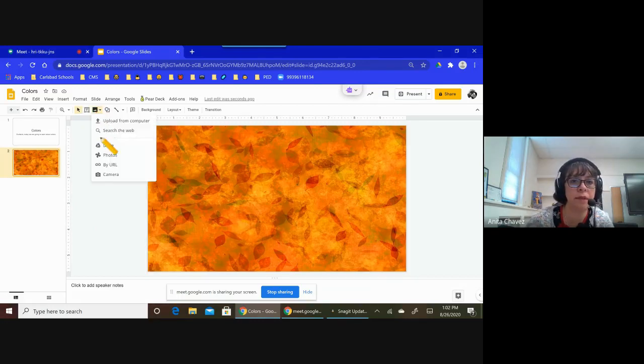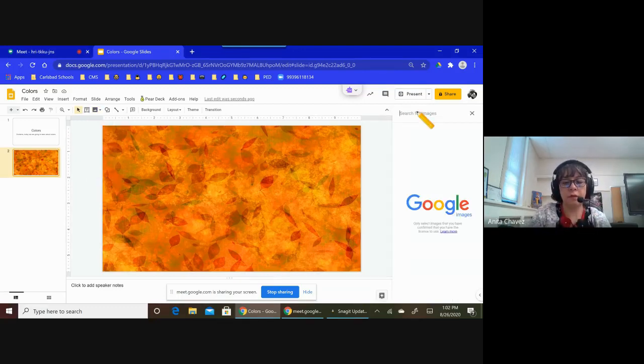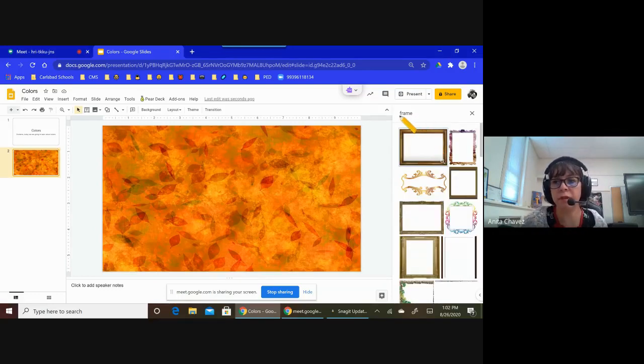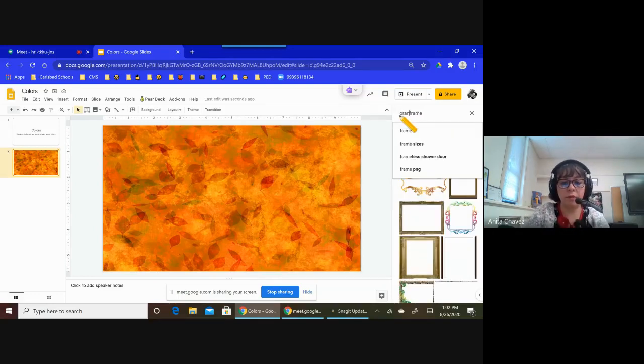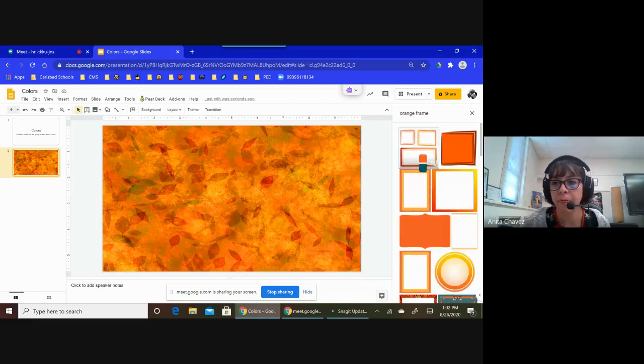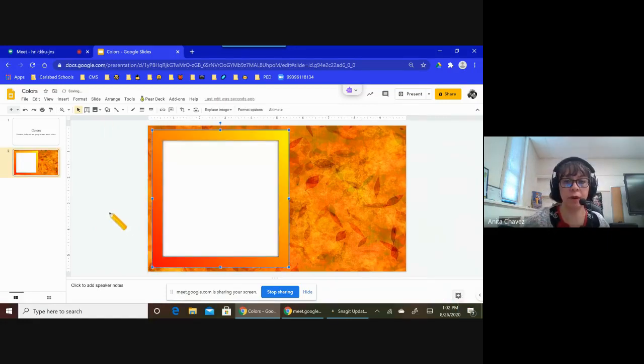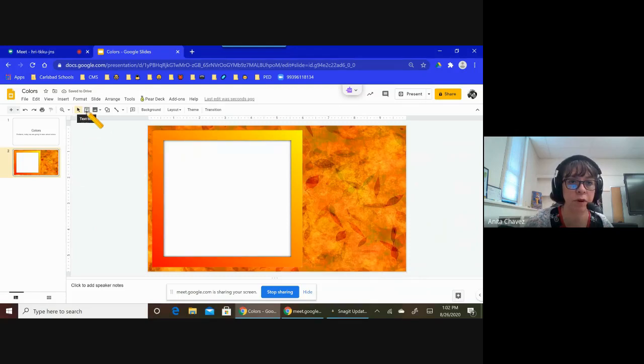So I do want a frame, because I want my students, and I'm going to stick with orange, I want my students to be able to work on this frame here. And I'm going to give them some words and pictures.